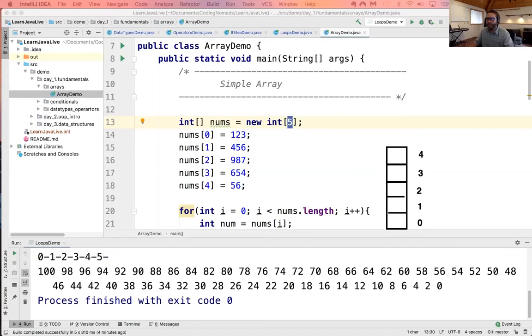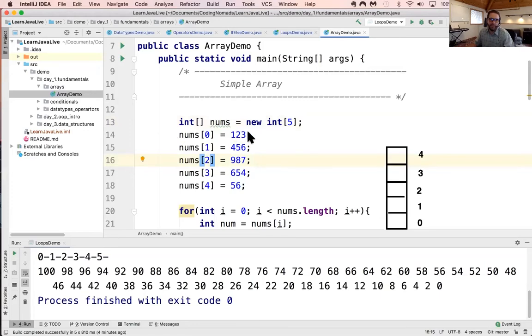And so over here in my code, you can actually see where I am assigning values to these indices, right? And please keep in mind that you can imagine this array in whatever orientation you want, right? It's just the way I like to see it, like a ladder, and inside each one of the rungs is a spot for an element, right? The very bottom gap, that's the index of 0. The gap in between the first and second rung, that's the index of 1. The gap in between the second and third rung, that's the index of 2, right? Because in arrays, we start at 0. And even though this is a length of 5,